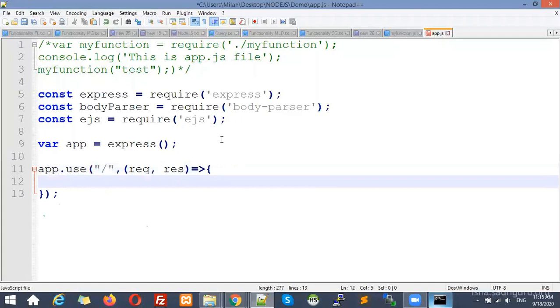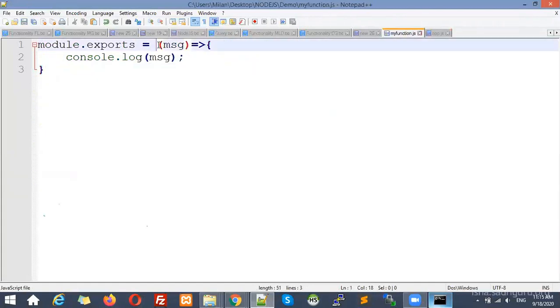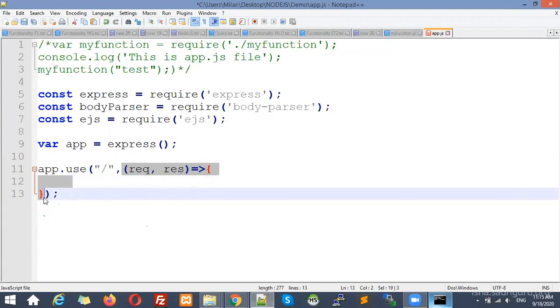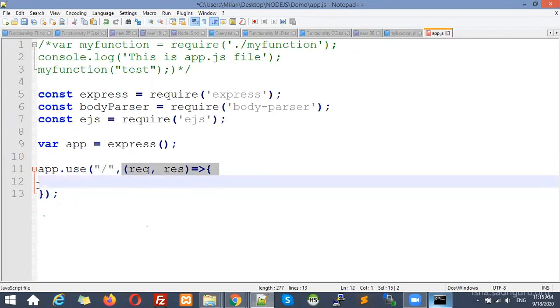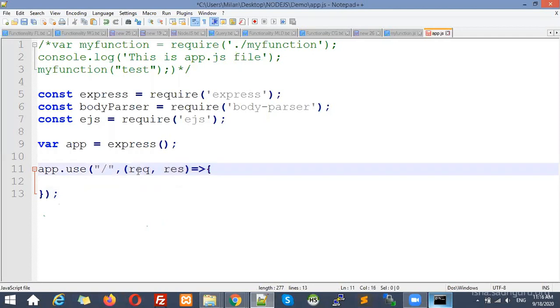and here you can see the function body. So now you can compare this with this one, right? You can see this is not anything, but it is just a function. So it is a callback function that accepts two parameters, that is the request and response. Whatever request you are calling, that request will be available in here, and whatever response you want to give, that response will be available in this one, right?